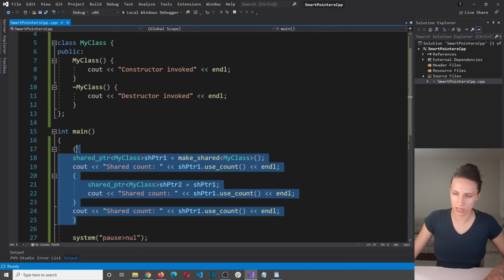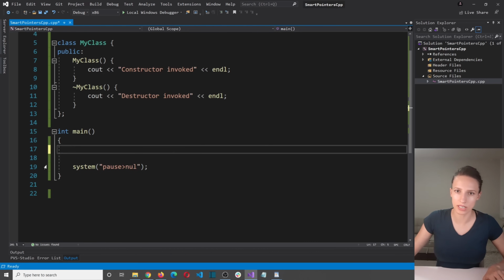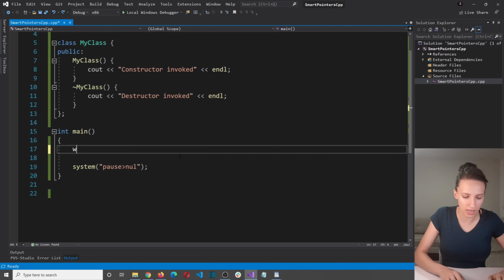So let's delete all of this code. I don't need it anymore. By the way, deleting code is my favorite part of coding. So the first thing that I want to do is let's create a weak pointer. Let's say weak_ptr of, for example, int. So let's create a weak pointer to integer and let's call it